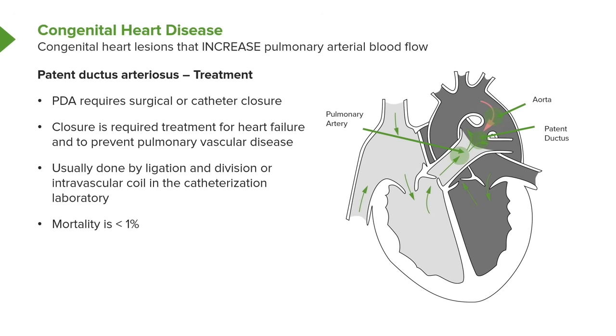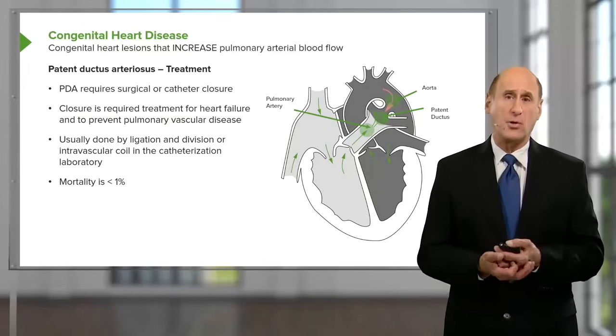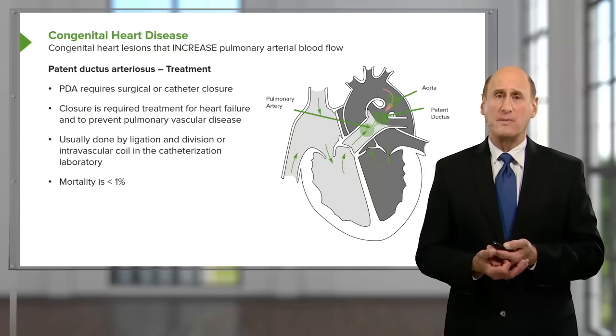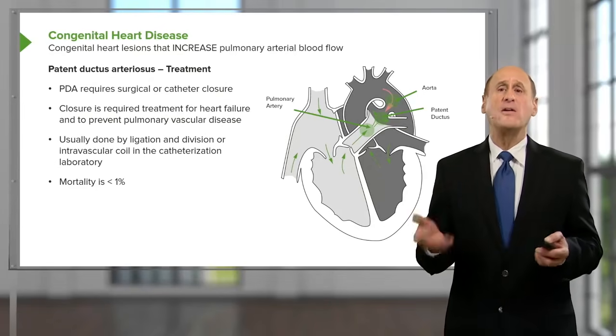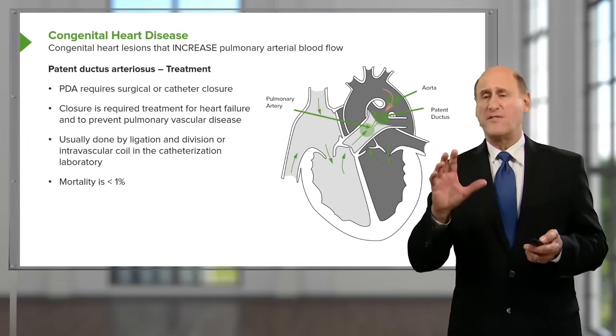It can be closed with a surgical procedure where one opens the chest and ties it off and interrupts it, cutting it after it's been tied off on both sides. These days, most of these are closed in the catheterization laboratory, but a small number are a little more complex and require surgical intervention. The final form of congenital heart disease, the cyanotic form, the ones with the ventricles switched